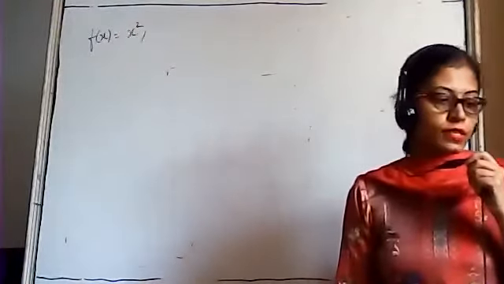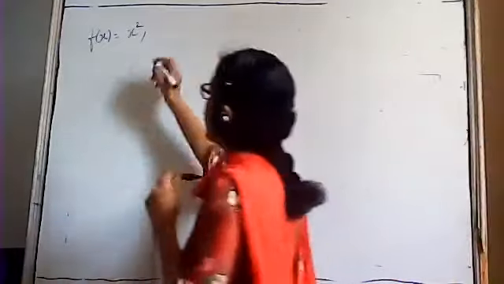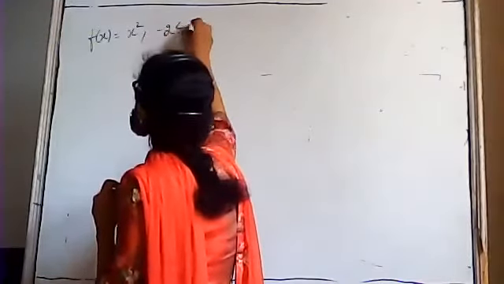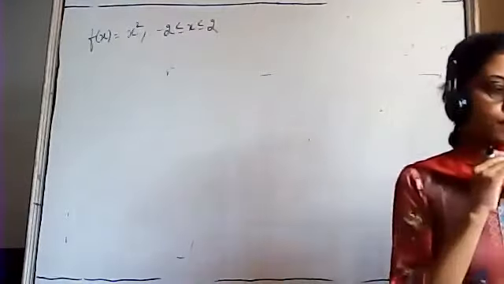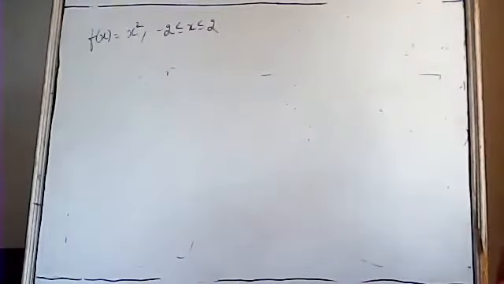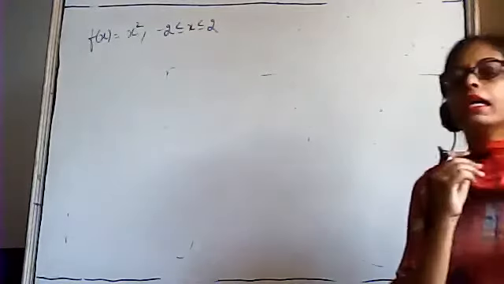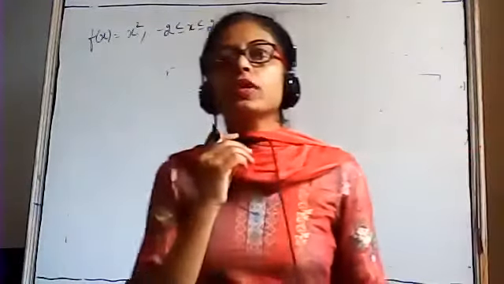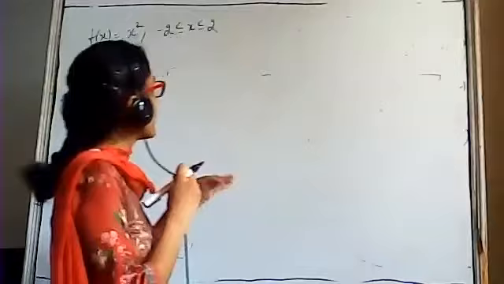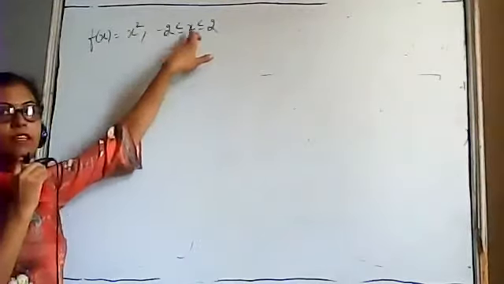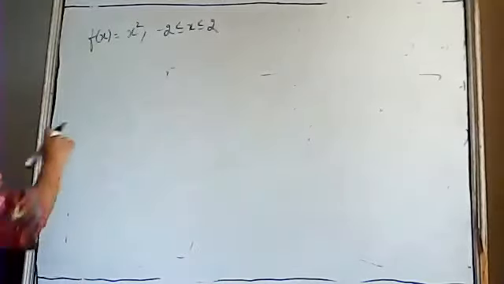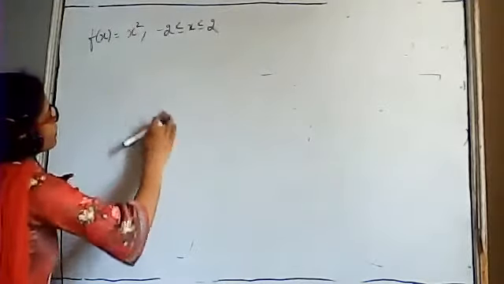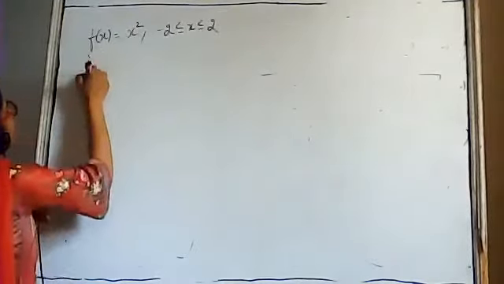f(x) is equal to x square, where x lies between -2 and 2. Here the limit of integration is a constant limit. No pi is there. In case we have no pi, in that case we use the formula f(x) is